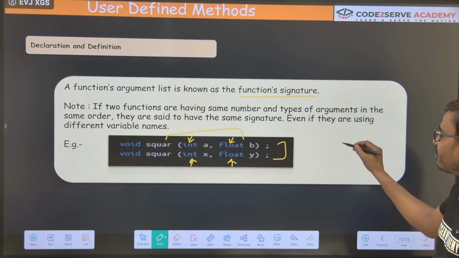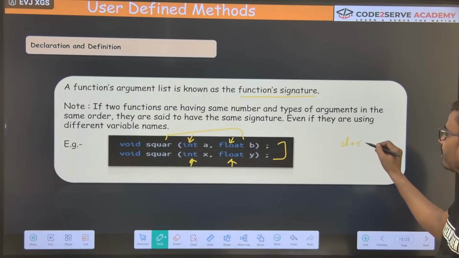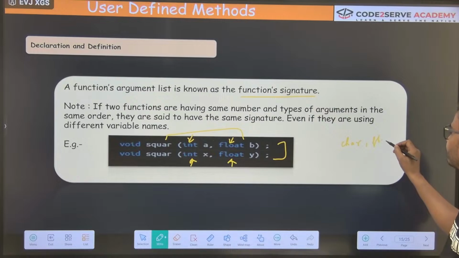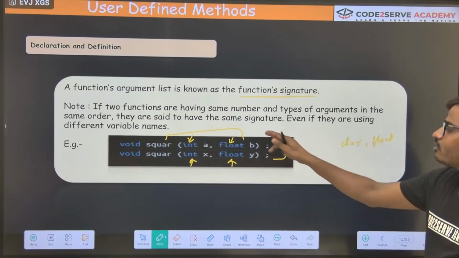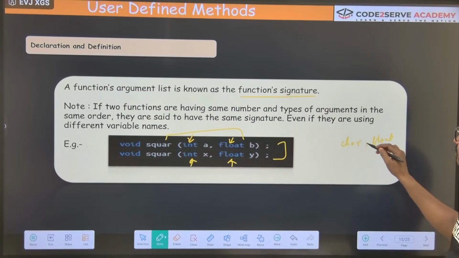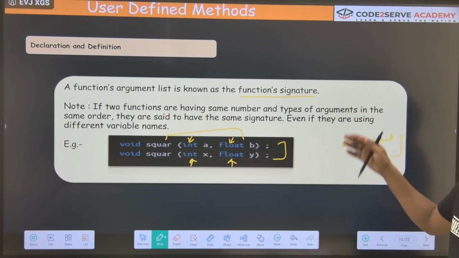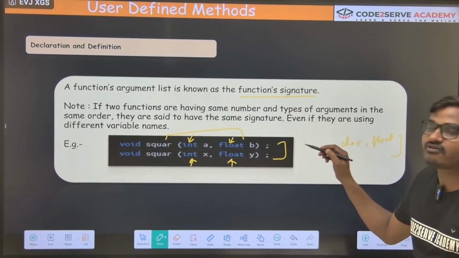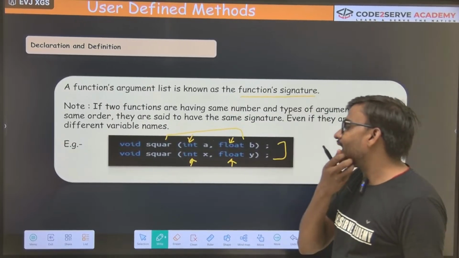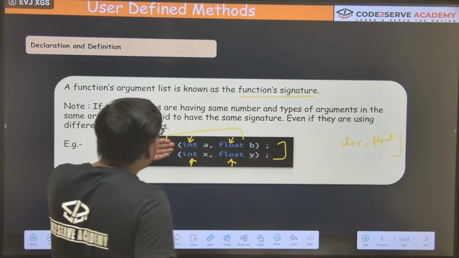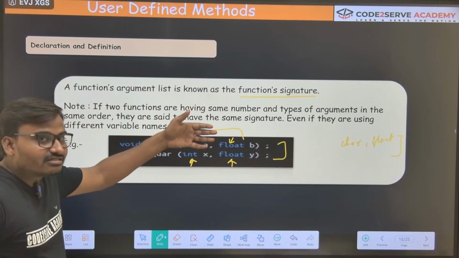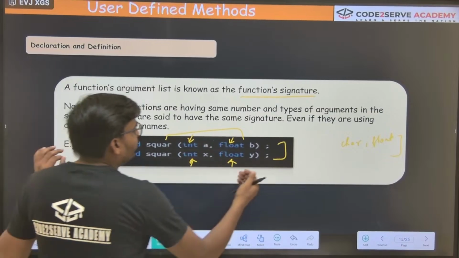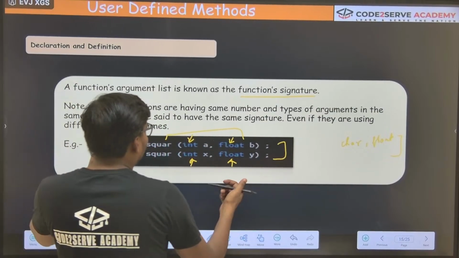Now suppose I make it char a and float. So I make the first one char and the second one as it is. Now these two will have different signatures, and now we can call this function overloading. But here it is not function overloading. What will basically happen? It will override this, and whenever you call,